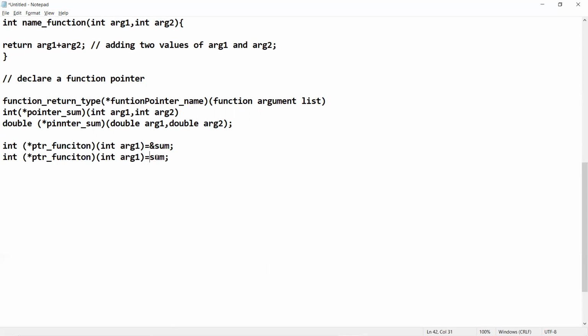You can even remove the ampersand from the above statement, because the function name alone represents the function address. So the name of the function itself represents the address of the function. Hence, you don't need to give an ampersand symbol.